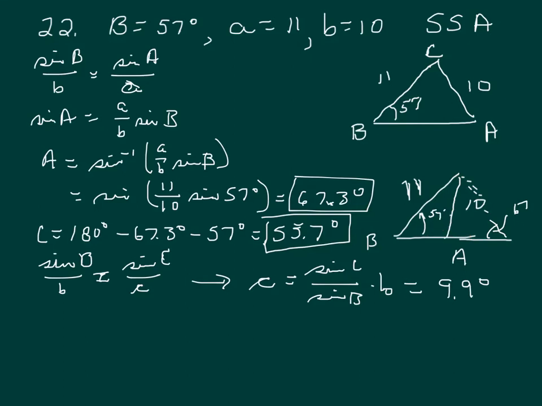So that makes this obtuse angle in the second example, we could call this A2, equal to 180 degrees minus 67.3 degrees, which was the angle that we got on this side,